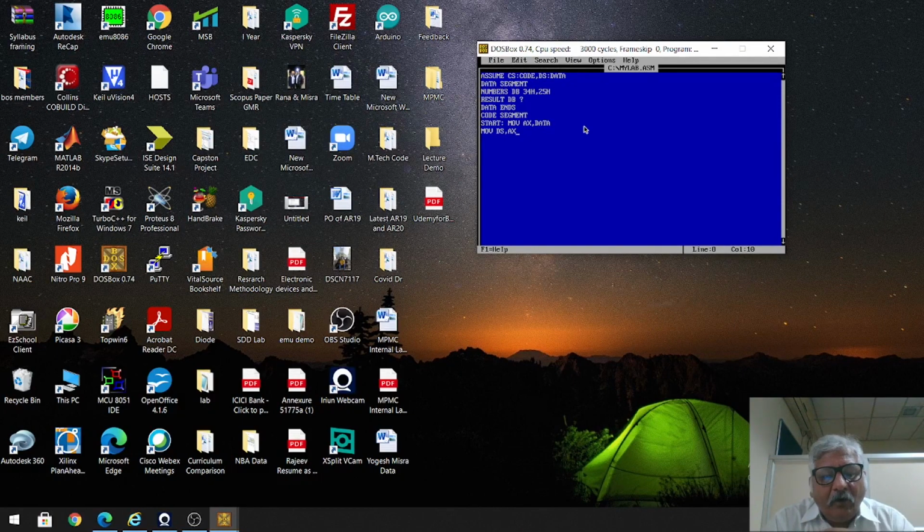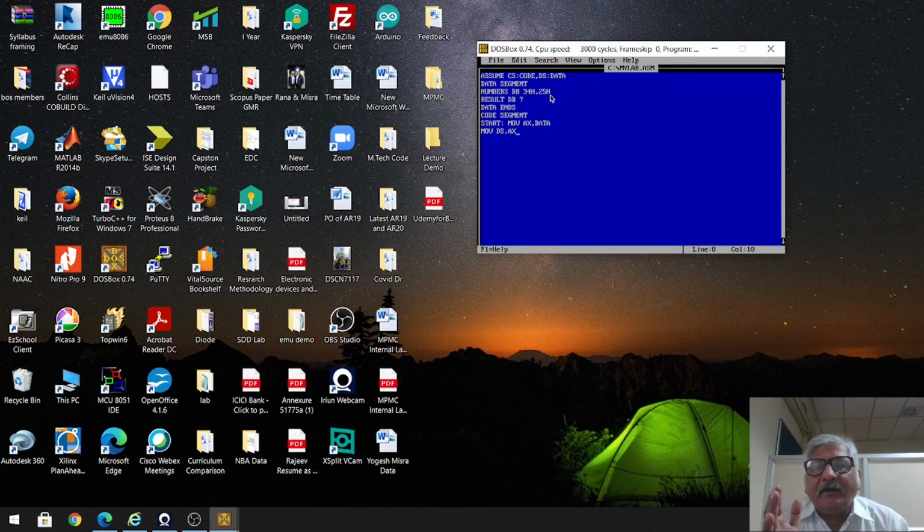Now what will be the offset address of my first data? See, I am having two 8-bit numbers. First number is 34H, second is 25H. Now to access these numbers we need two things. One, the value of the DS register, which just now we have loaded by using the instruction mov DS comma AX. And the second thing is the offset address of my data.